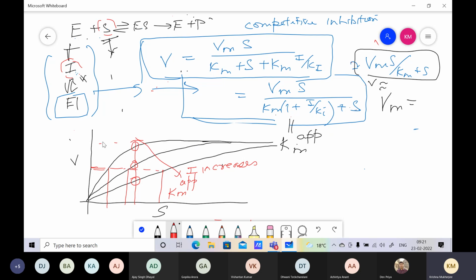Makes sense, doesn't it? Because I is now competing out the enzyme. And so at low substrate concentrations, I beats S and I captures E much more efficiently. So therefore, your reaction rate declines. But at very, very high substrate concentrations, this decline is negligible because substrate saturates the enzyme, and I is not able to compete it out. So Vmax is a constant, theoretical Vmax, but Km apparent is a function